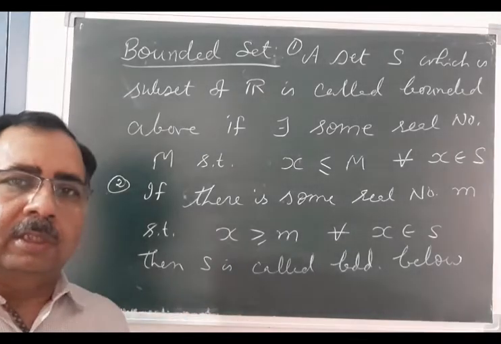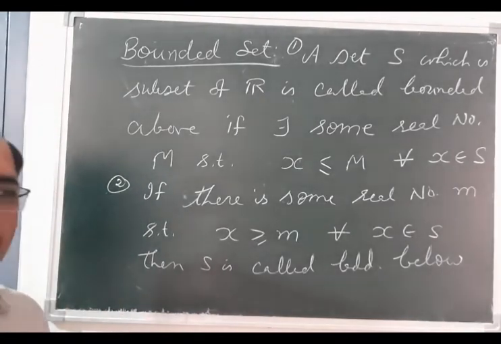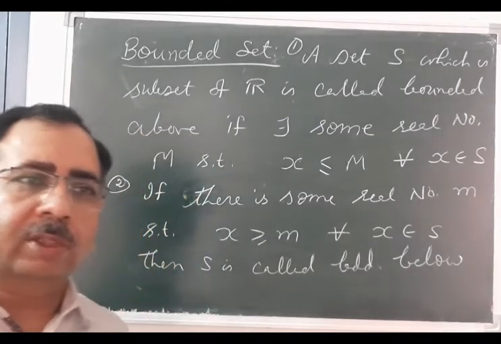For example, the set of natural numbers is bounded below by 1 because every natural number is greater than or